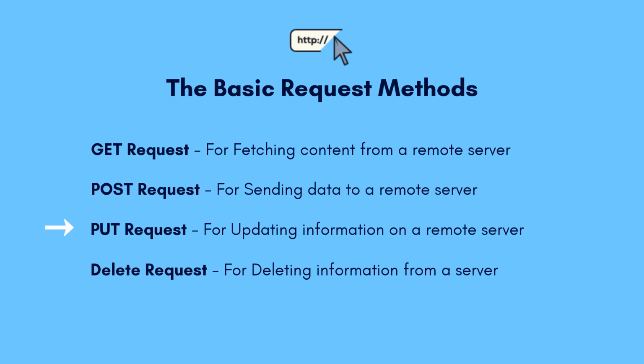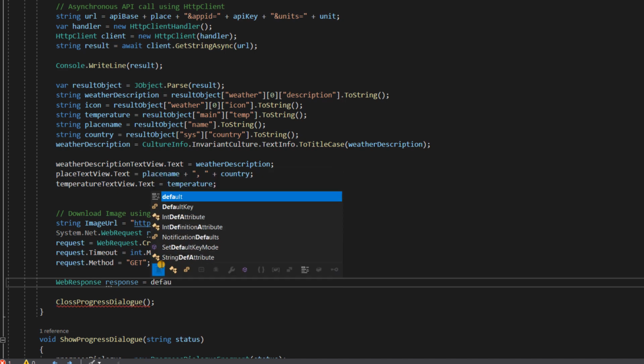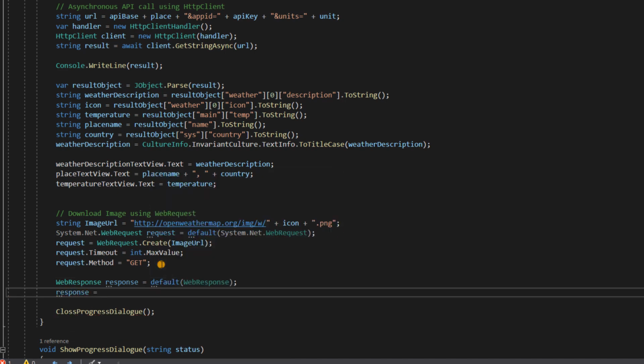So now that we have that out of the way, let's go ahead and continue. We're going to define a new web response, and I'm going to call this response. This will be equal to default response. So our web response will be equal to